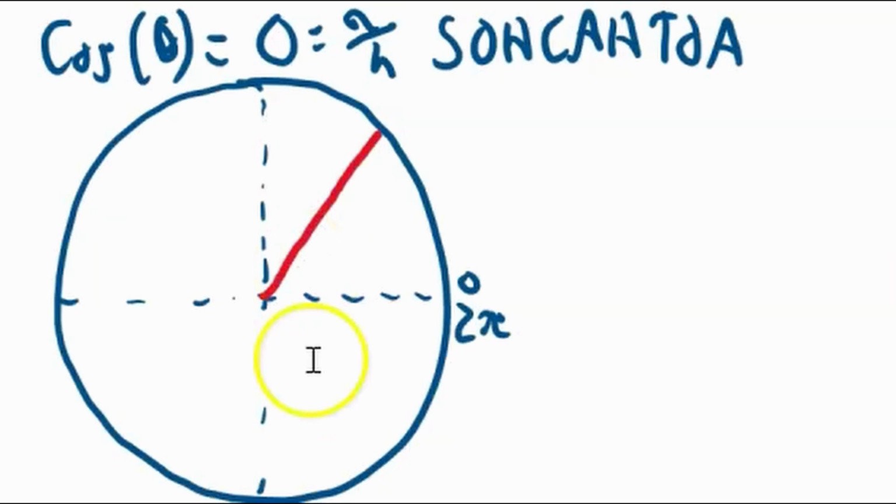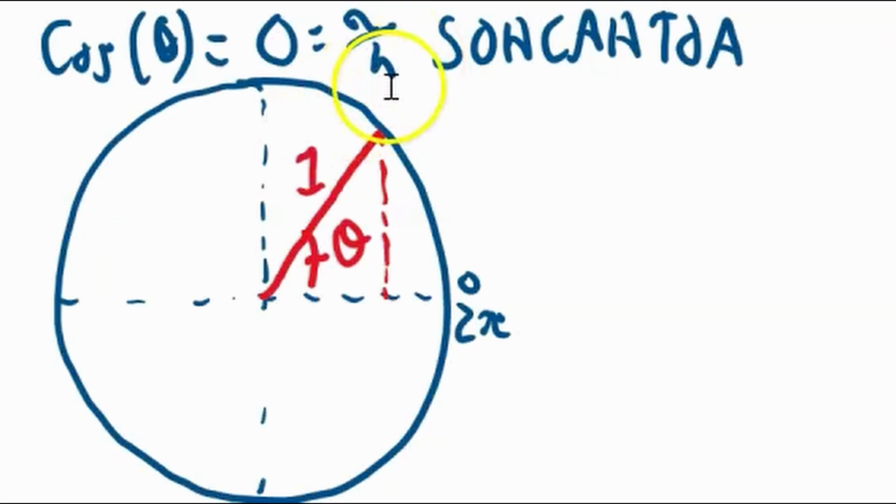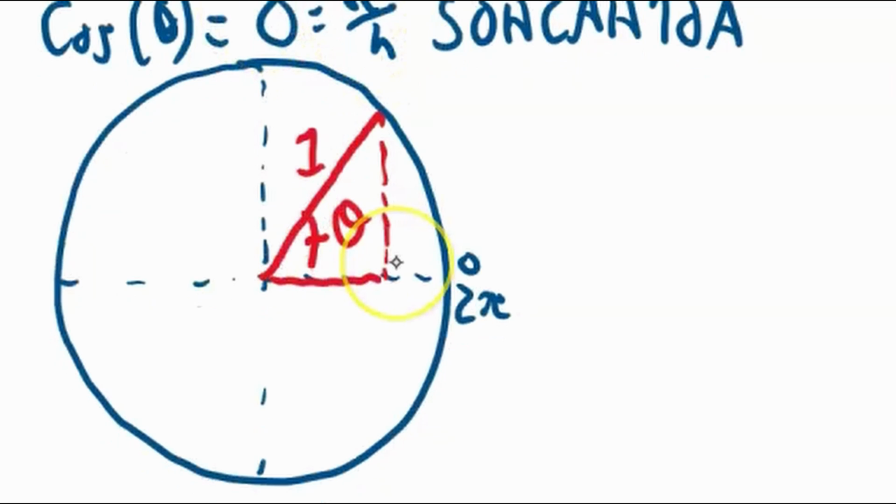If you imagine a radius on the circle, the angle is always with respect to the x-axis. The adjacent is the side that's beside the angle, that's not the hypotenuse. Here's our right triangle. The right triangle is always made to the x-axis here. So this would be our adjacent. And the hypotenuse in a unit circle is always 1. That means in order for this to be 0, this side here, which is our adjacent,